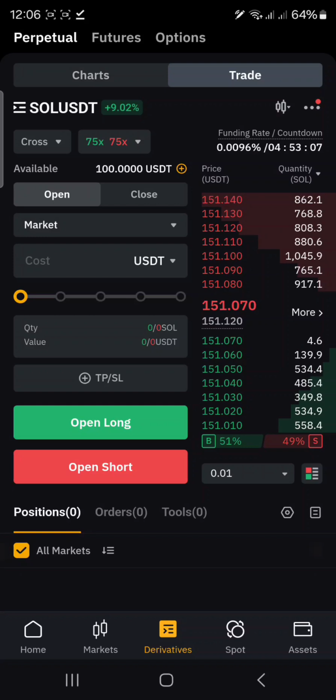But first, what you need to know when it comes to trading is you need to understand how steady your strategy is. Your strategy has to be very, very steady in terms of making profit for you. And you must know this to yourself. How steady are you in terms of making money? If you are not very, very steady, then I can assure you all you need to do is to reduce your trading capital. But as you become stable, as you become profitable, you begin to increase your trading capital. I will still talk about trading a big account. That's another video. But for this video, we're going to be using $100.